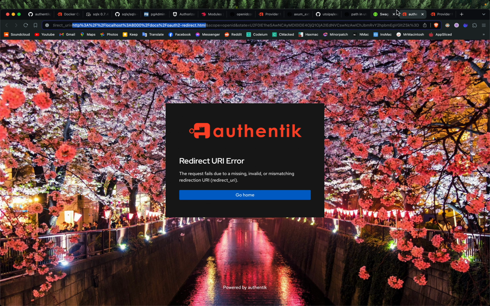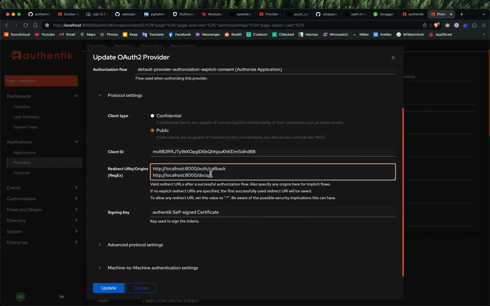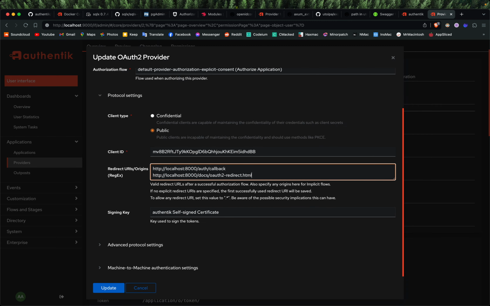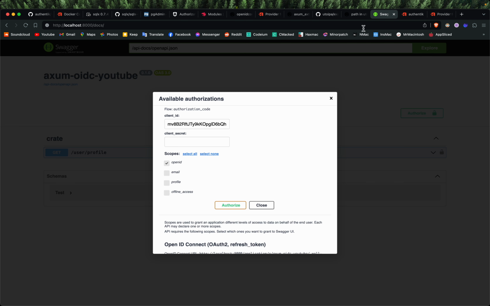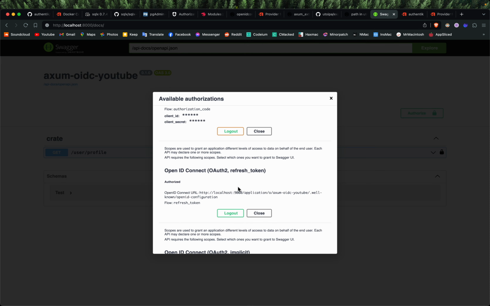Okay. So why is it not working? Localhost docs. Should it be redirect URI docs? Here they go. OAuth2 redirect.html. Looks like this. Do you want it like this? Okay, there we go. So after adding that, it says it requires the following permission, and I click on continue, and